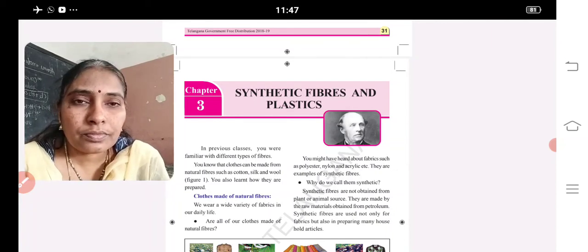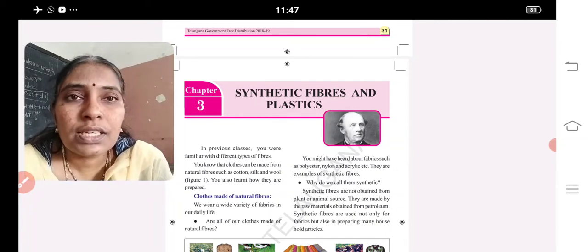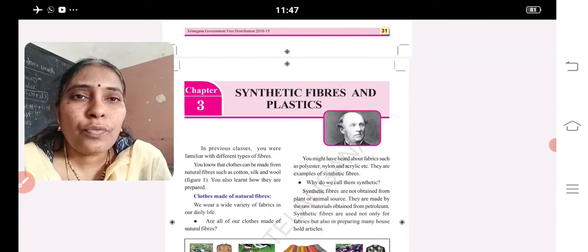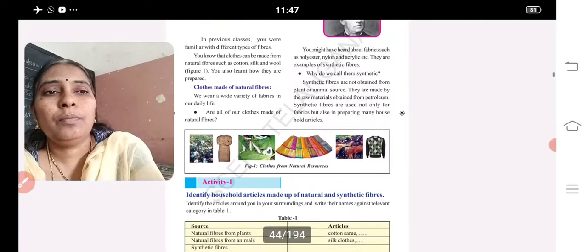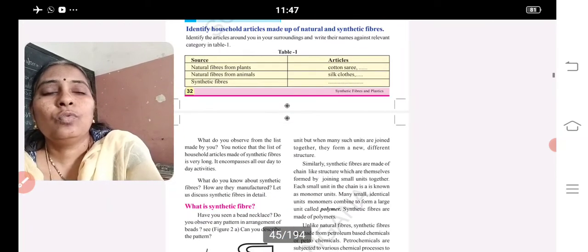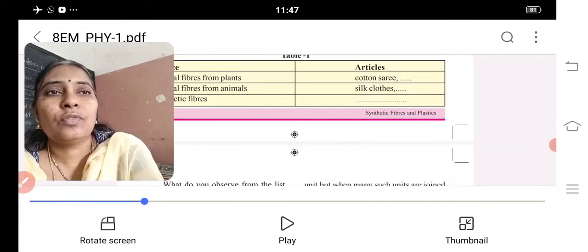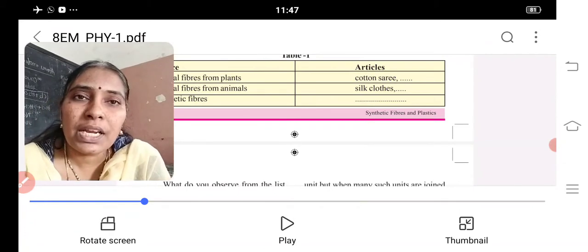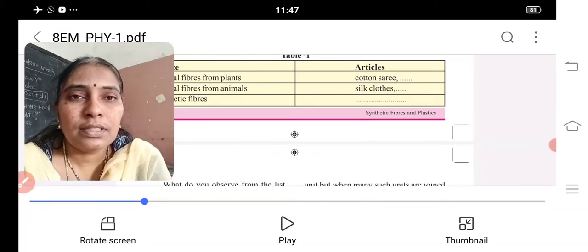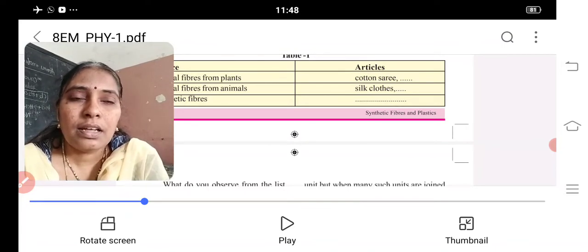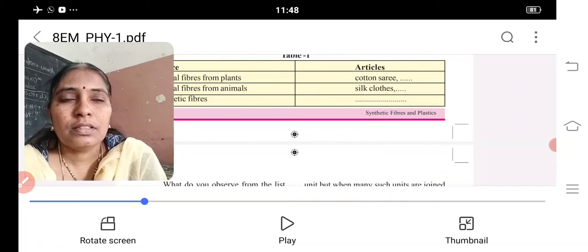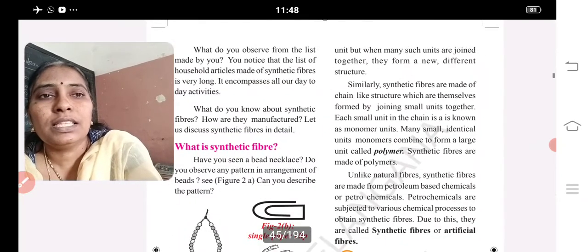Now let us start today's revision, that is the third lesson, synthetic fiber and plastic. So what are synthetic fibers and natural fibers? The fibers which are obtained from plants and animals are said to be natural fibers. The fibers which are obtained from polymers, that is petrochemicals, are said to be synthetic